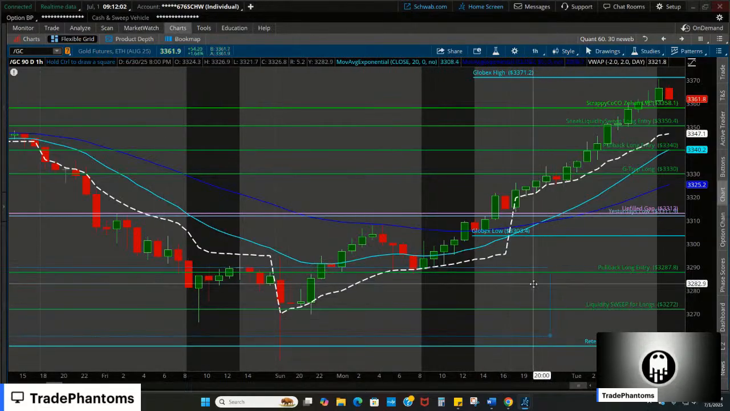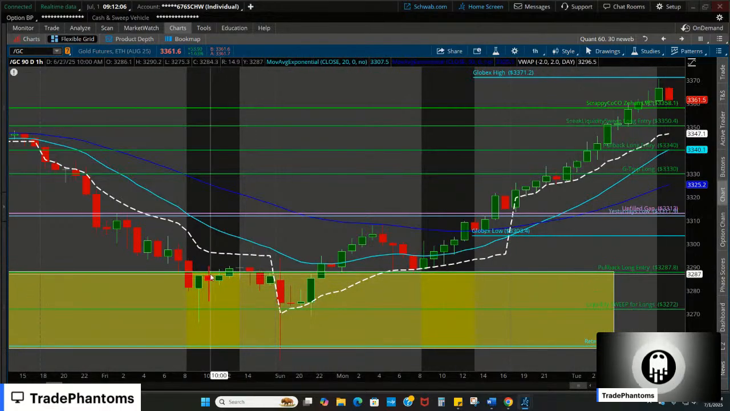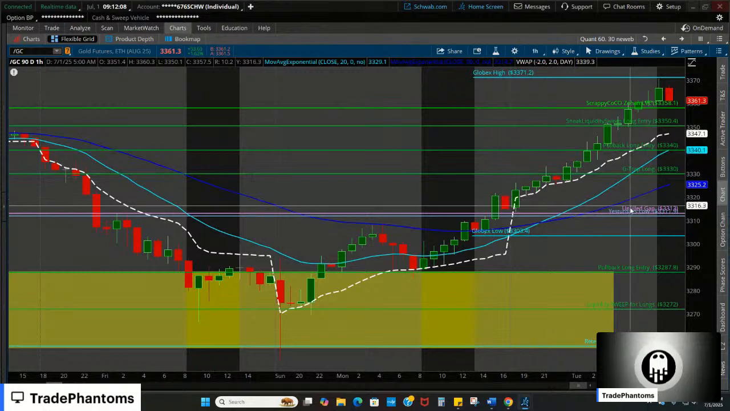And if we happen to break that Globex low, again, we still have these levels down here inside of the yellow. These would be potentially G-trap longs. So 3287, still have these on the board here. However, if we don't